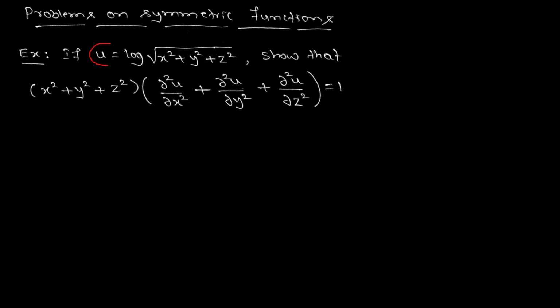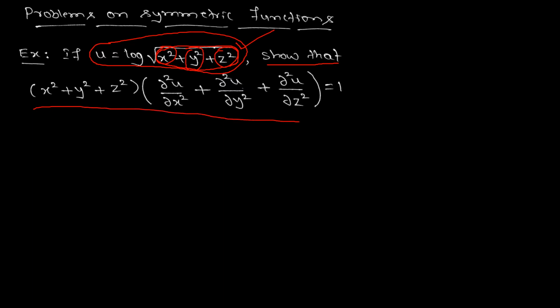You can see here this function u is equal to log of root x square plus y square plus z square is a symmetric function because when we rotate the variables x, y, z cyclically, the function remains the same. That means if we write in the place of x square, y square, and in the place of y square we write z square, and in the place of z square x square, finally the function remains same only. So such a function is called symmetric function. Now here we have to prove